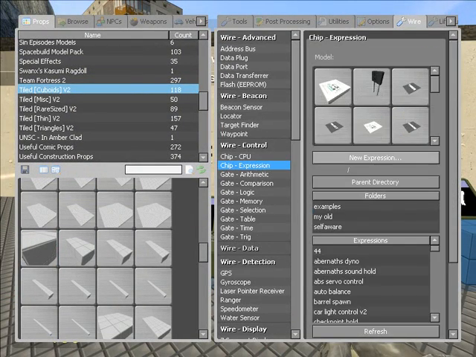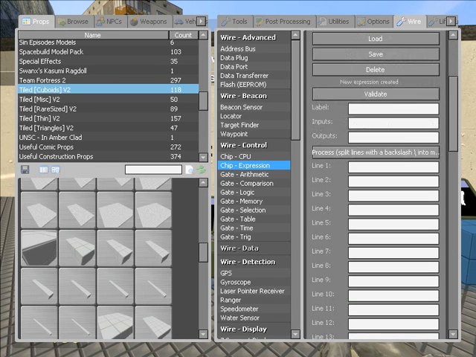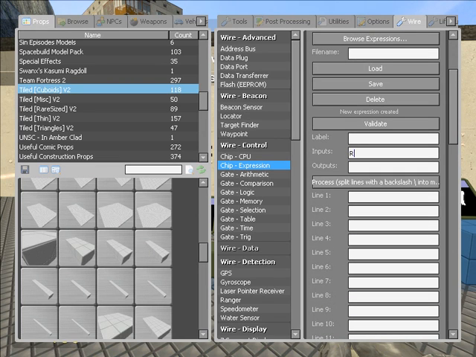Scrolling. Expression. New expression. File name is irrelevant. We don't have to save it. Input. R. Output. Thrust. Now, if I wrote thrust 3432, I have to put that exact same spelling and the exact same name in every one of the lines I use it in. So if you write thrust, if you write out a big word, if you write out ranger, you write out something else, you have to make sure it's spelled right or you will fail. Here. Thrust is equal to